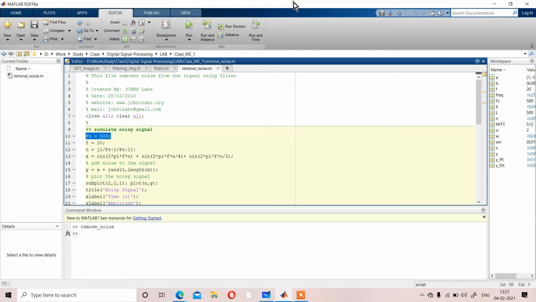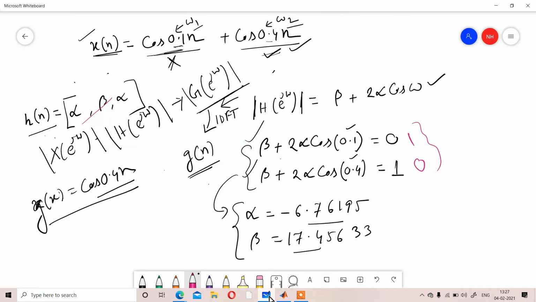The sampling frequency is going to define the sampling time. Means simply Fs is equal to 1 by Ts. Yes, exactly. Graphically, if we represent it like that, that is your sampling time, the sampling gap between two samples, that you can design and calculate by using the sampling frequency.